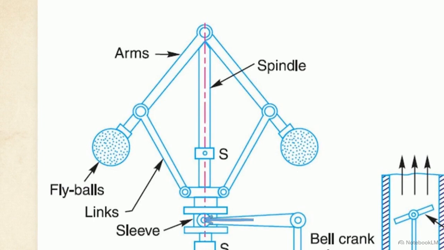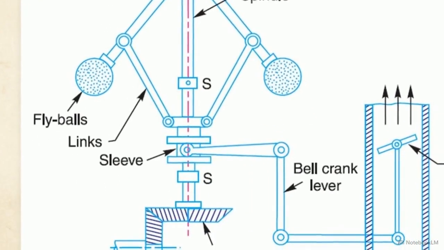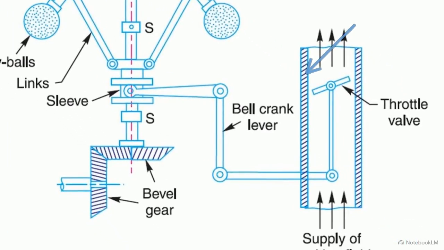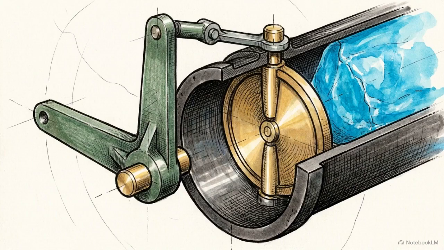The lower arms connect to a central sleeve. Keyed to the spindle, the sleeve revolves while sliding vertically between mechanical stops labeled S. The sleeve is linked to a bell crank lever, which translates vertical sliding into the rotational movement of a throttle valve inside the fluid supply pipe. This specific anatomy creates a continuous mechanical link between the rotational speed of the engine and the volume of fluid